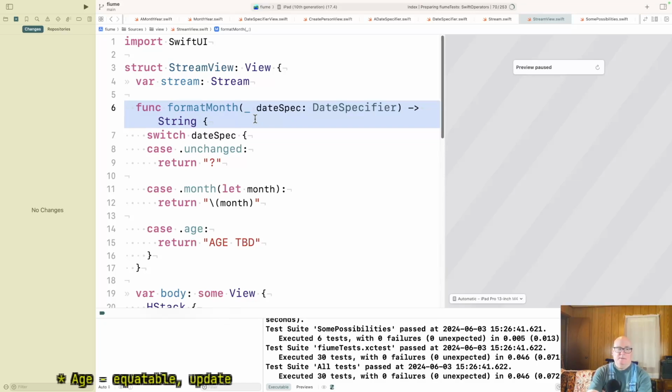But I don't know, it feels like this is working completely on date specs stuff.